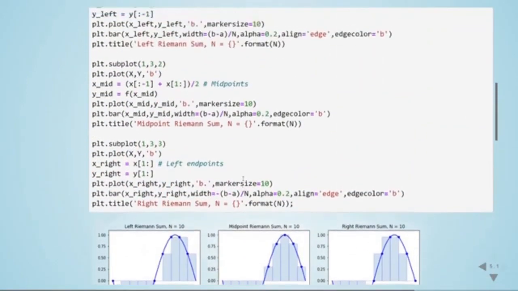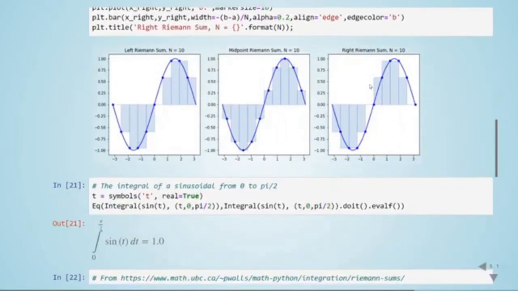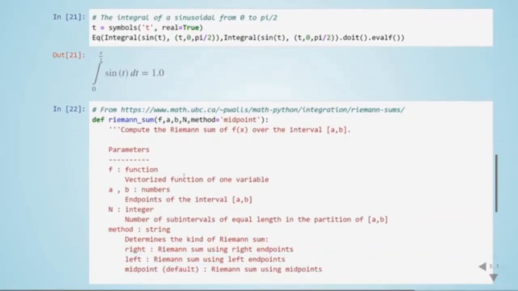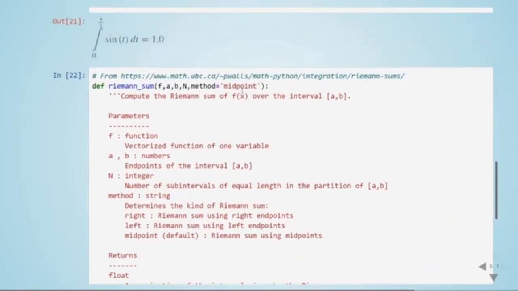Now we plot this, just drawing to show how the algorithm works. Here we are implementing this algorithm. It's taken from the University of British Columbia. This is a very nice website, so you can take a look. There are different methods and different algorithms, not only integration, but mathematical computations using Python. I highly recommend it. Here there's a function to compute the Riemann sum,